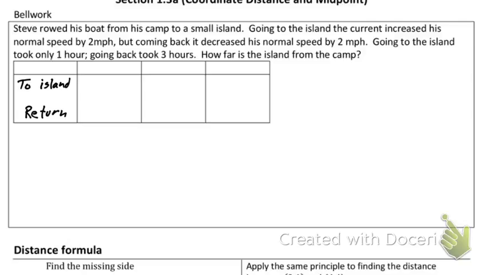The only time we need a total column is when we're mixing stuff together, or they say something like the total trip took 56 minutes. Then you might need a total column. They don't talk about that at all. They talk about each individual thing. Like I said, we're talking about speed, so immediately I'm thinking distance